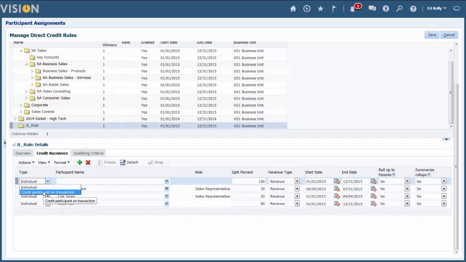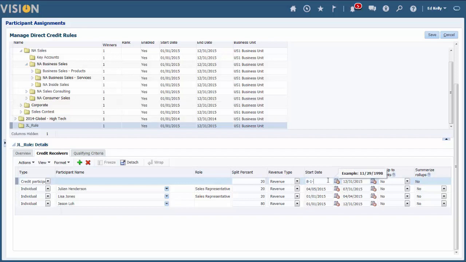So hypothetically, if you have sales coming in, and some of the people that are being credited are known and are stamped on the transaction, you don't have to explicitly name them in the crediting rules. You could simply inherit it from the transaction. Just say credit whoever's on the transaction. So I'll credit that person, and let's say that they're, again, 20%, and we're going to credit them starting in